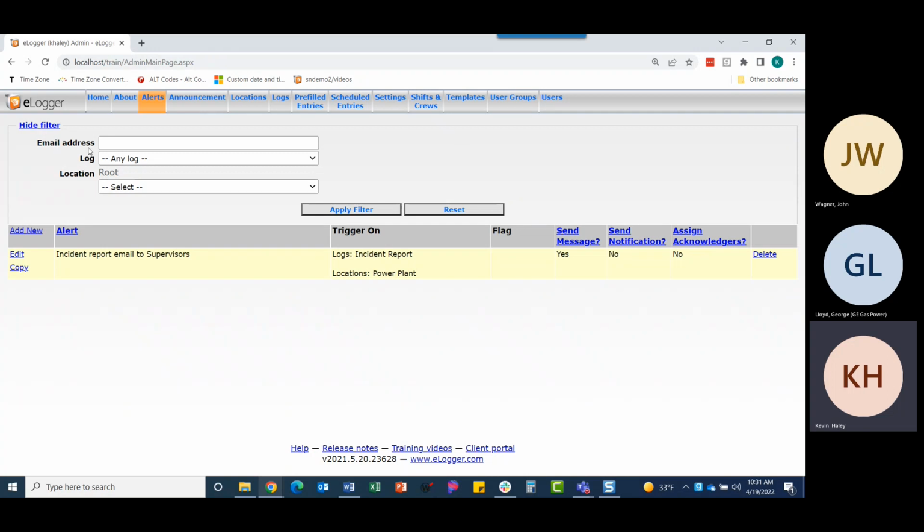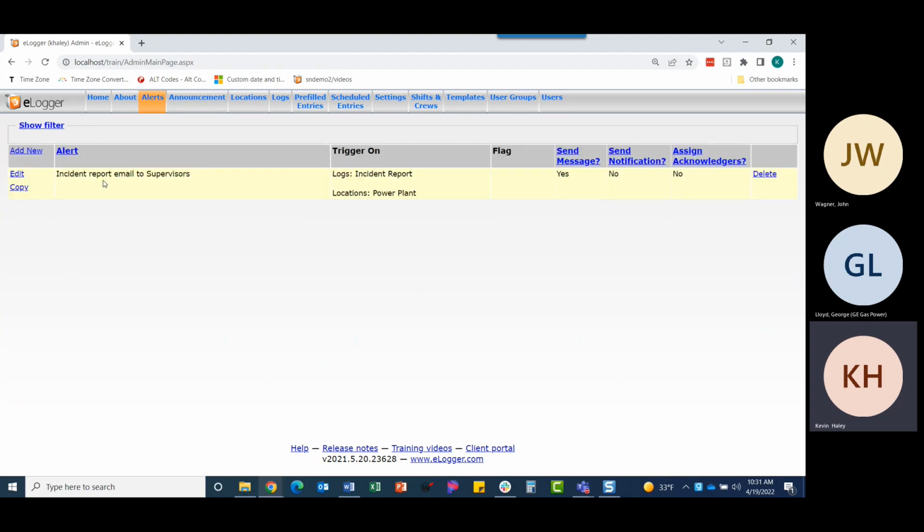I can filter by email address. I can filter by log. I can filter by location. So you can filter and separate out and get only the ones that you want to see. So that's the filter. So now with this email alert set,